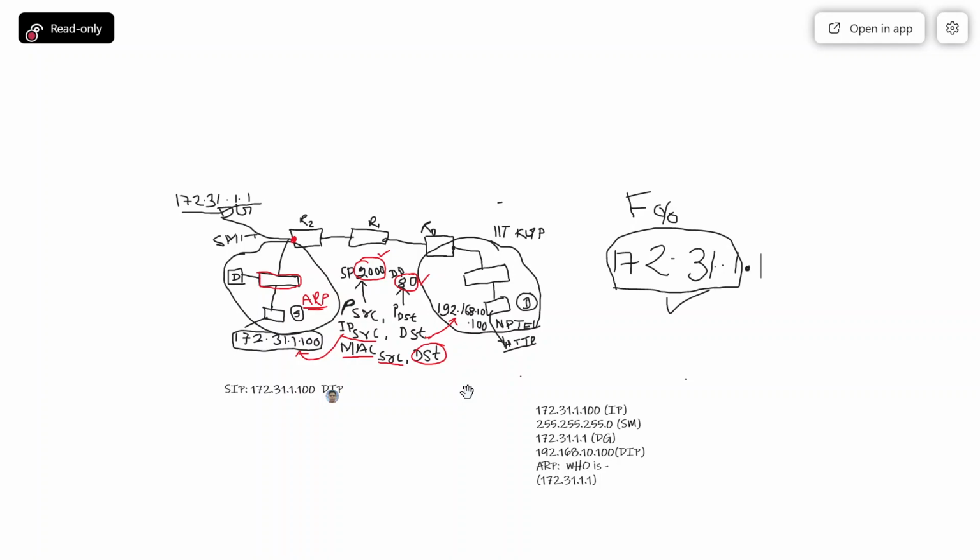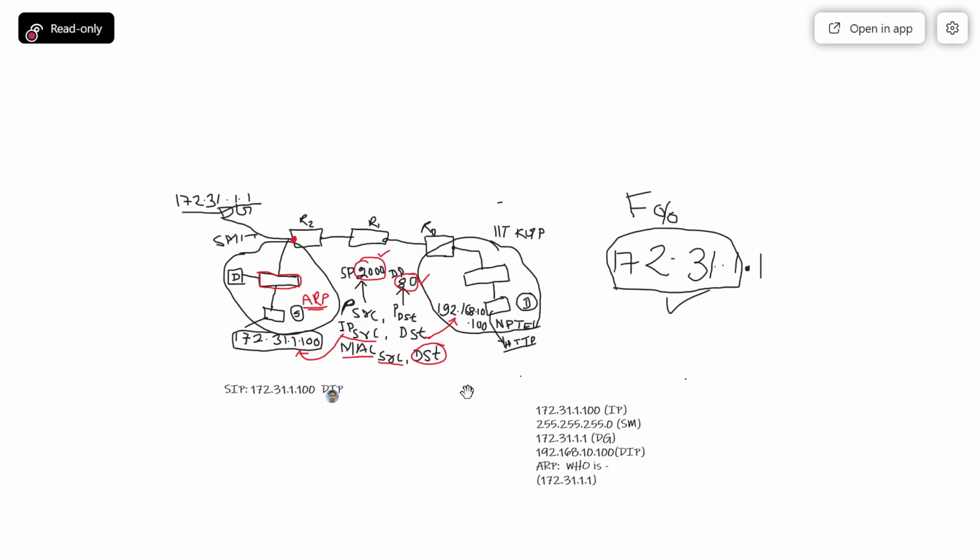In the very beginning, I may not know the entire world, so I just need to go out. Let us forward the packet to the SMIT gate, and let the SMIT gate decide what to do. That is why I have written the MAC address of the SMIT gate, the default gateway, because we have to go to the SMIT gate anyway. Now on the SMIT gate there is router 2. Router 2 will again do the same procedure.